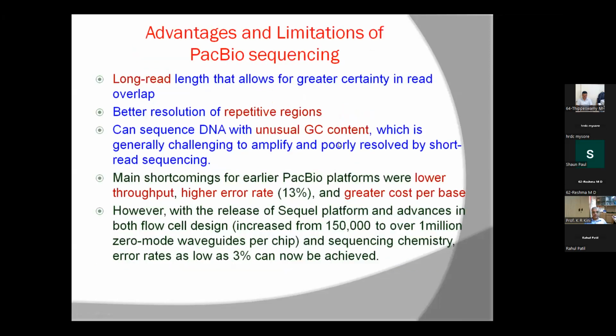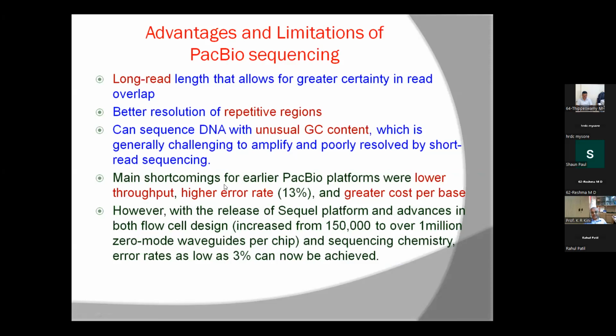So the advantages and the limitations: long read length will allow for greater certainty in the overlapping, and better resolution of repetitive regions. This can also sequence DNA with unusually high GC content, which was a problem in the earlier sequencing technologies, especially short read ones. But the main limitations for PacBio